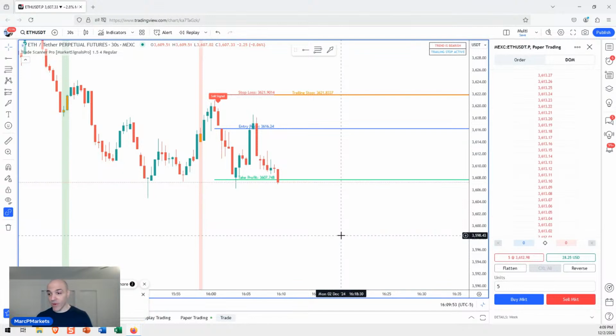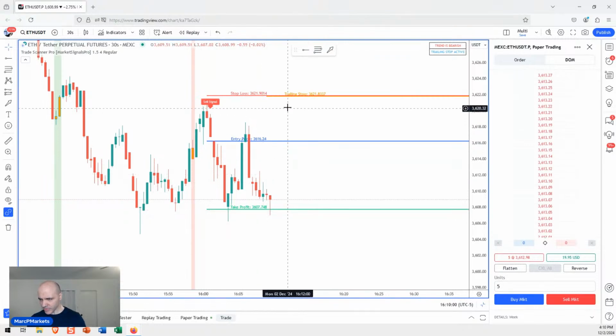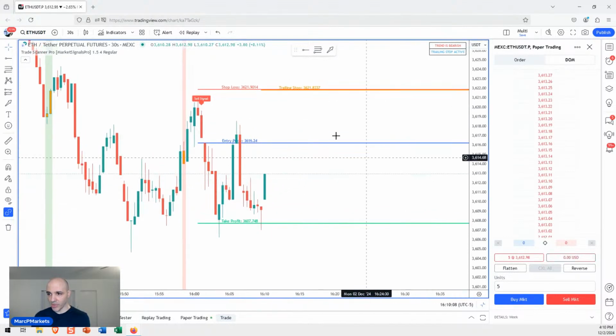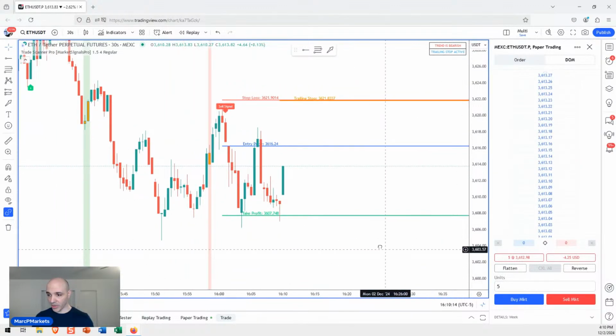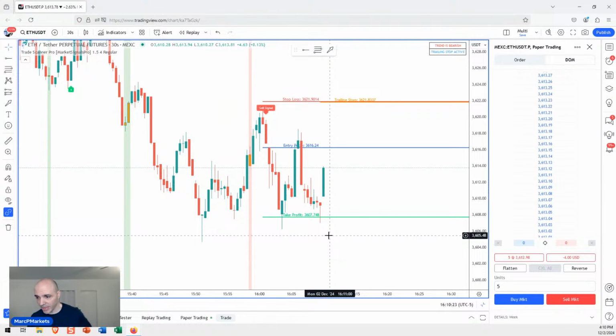Now I'm going to let 5 run and let the trailing stop take care of it. So the trailing stop is based on these closing prices, and the price really needs to advance for this trailing stop to start moving in my favor. And as you can see, it's stuck up here. It's not going anywhere because price is not advancing. Right? Good thing I blew out of 5 at the profit objective there. Right? So let's see what happens with this. So I'll just let it ride and let this thing make decisions for me.